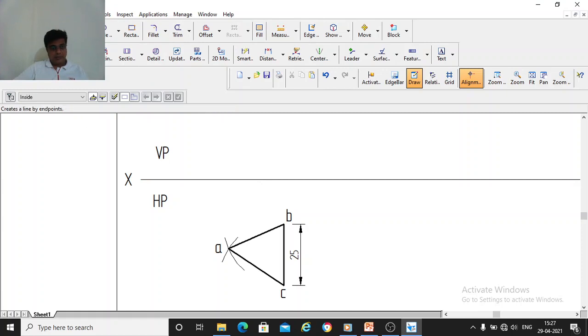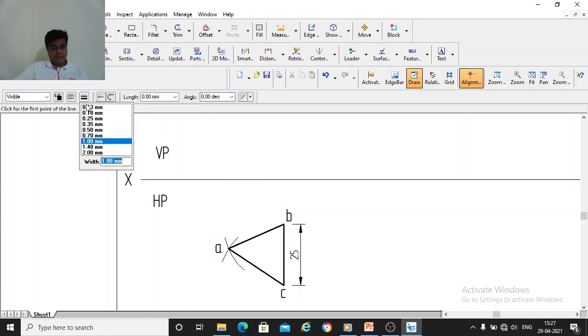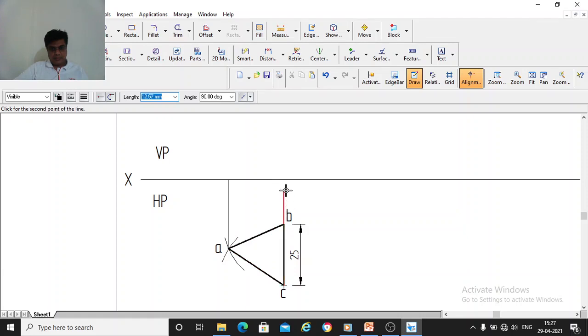Okay. So next you take your micro dip pencil and from all these corners you should draw a vertical line touching this XY line. So c and b are in the same line. So both are in the same line. So when you see from the front, they both will lie on this XY line. Since it is a line here, both are one behind other. So you can see it as a point. So c and b point is here and a is here. So this is the projector lines.